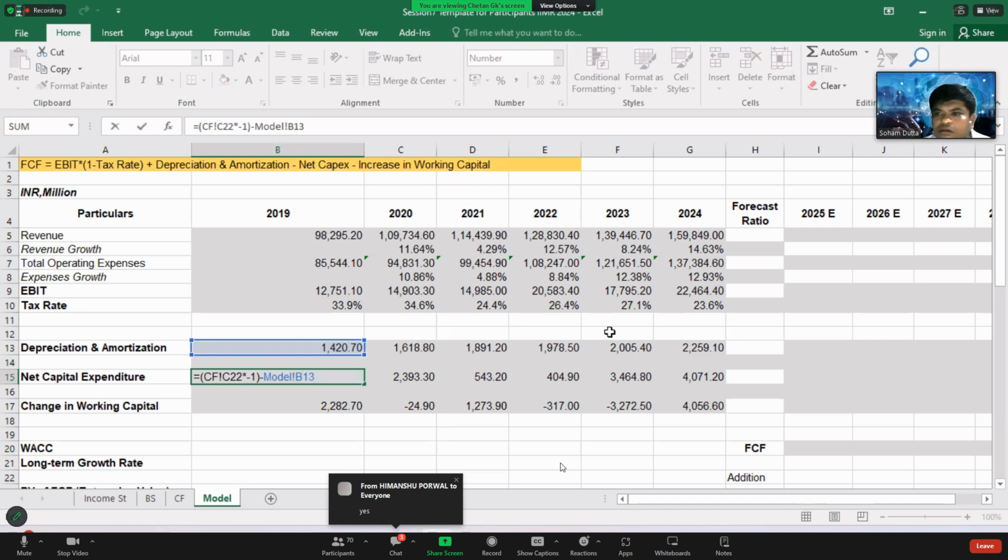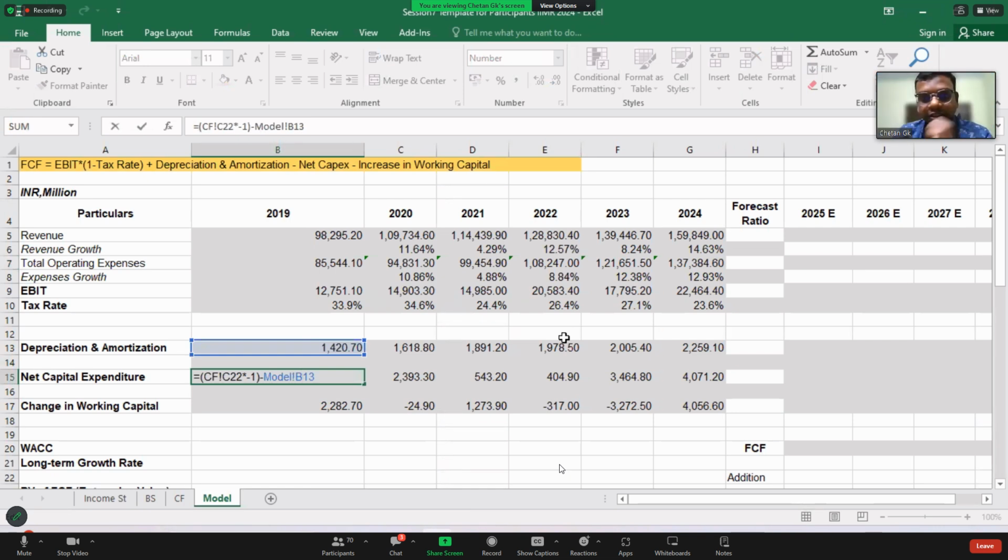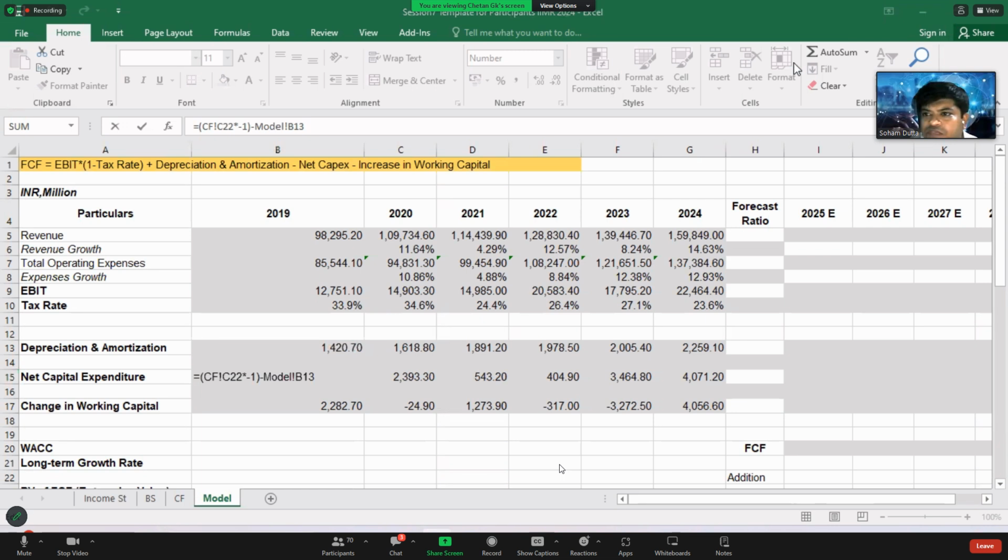Sir, one question. Change in working capital is shown as positive in cash flow. That means money has come in. So in this, shouldn't it be minus? In the cash flow it is showing as positive, that means money has come into the business.